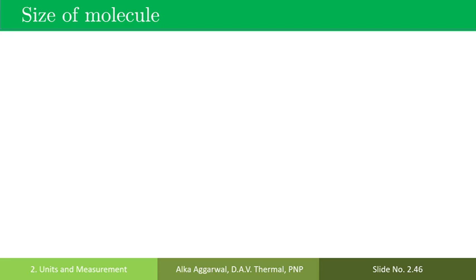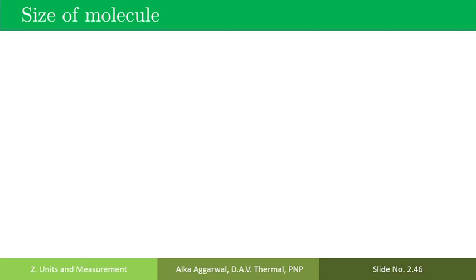First, make a solution of 1 by 500 concentration of oleic acid in alcohol. Take n drops of this solution on a water surface in a container and wait for some time so that alcohol gets evaporated and